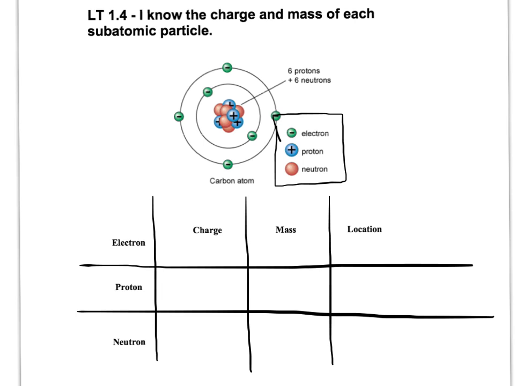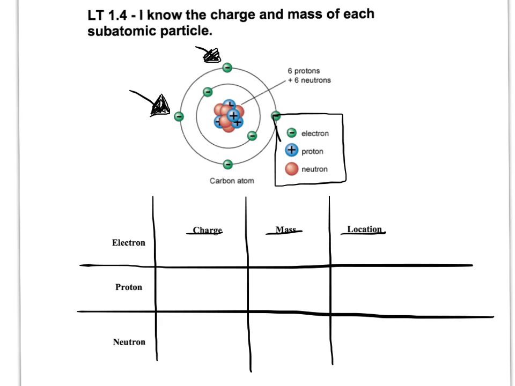So let's start with the electron. The electrons are these green little circles that are floating around on the outside. There are 6 of them in this particular atom. You can see 2 of them right there, and 4 more. Let's talk about 3 specific things: the charge, the mass, and the location of each of